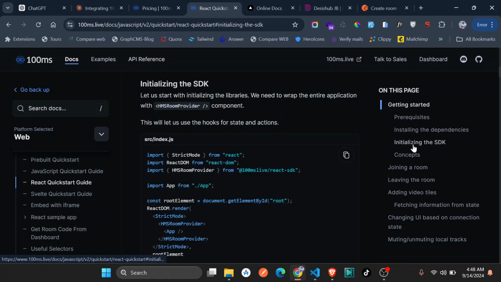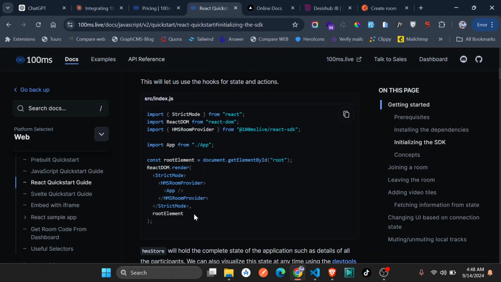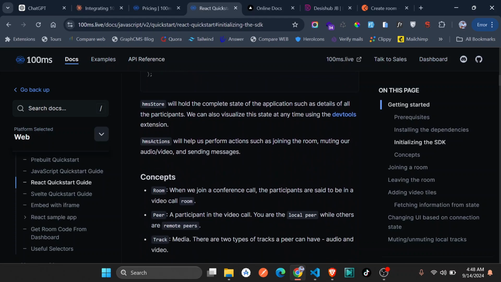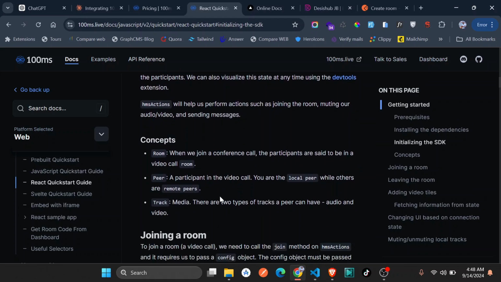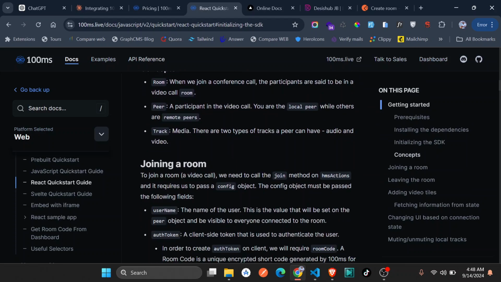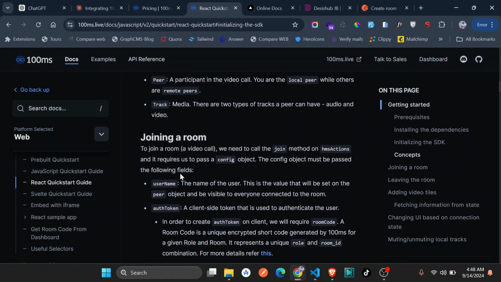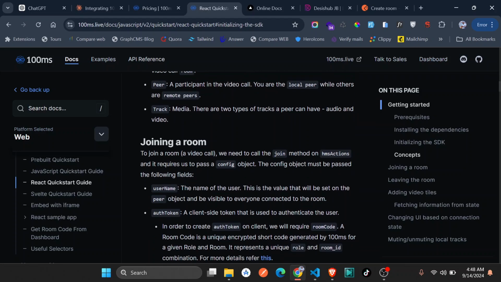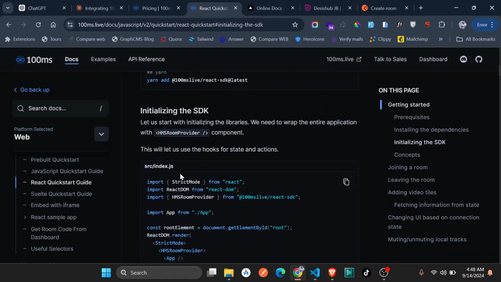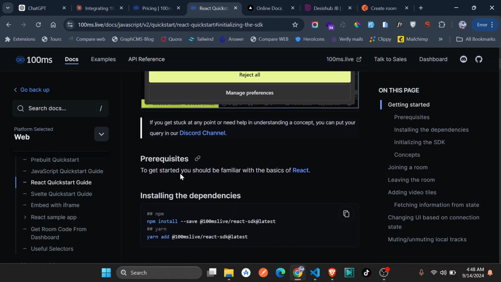Okay, then initializing the SDK, you can see this will let us use the hooks for states and all this. You see you have to go ahead and do this. And then they have here the explaining the concepts, what they mean. Joining a room is what they think we need, really. It is a big thing that we need to understand very well. So at least here they just have the introduction, at least what you have understood right now, that we need